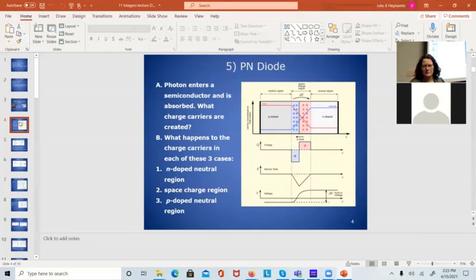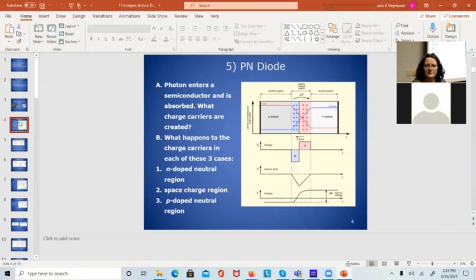Basically what we're doing here, we have a PN diode and we're going to use a photodiode. So remember the calculations we did yesterday, we found out that the band gap of silicon is just right to allow it to absorb photons in the visible light. Since it can absorb photons in the visible light, what's going to happen when it absorbs a photon is it's going to produce an electron-hole pair. An electron's going to get excited out of the valence band and into the conduction band, leaving behind a hole